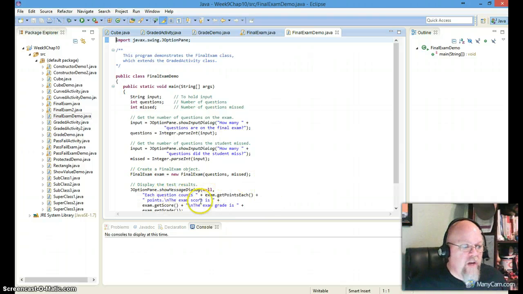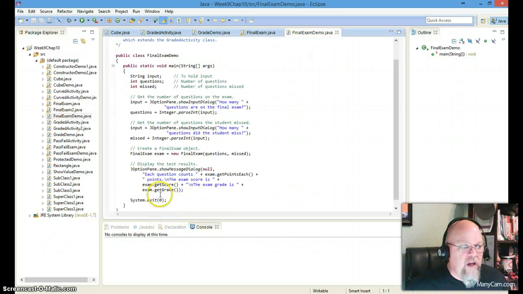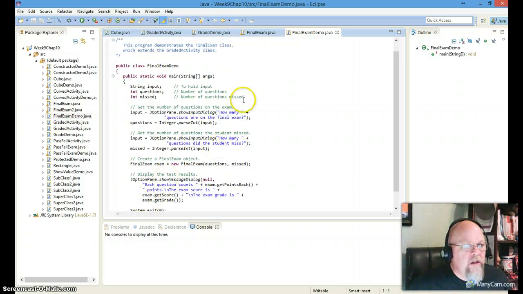And then I have a JOptionPane. Each question counts, gets number of points, exam.getScore, exam.getGrade. And again, the exam does not have a getScore or getGrade in it that we saw, because again, we inherited that from the GradeActivity. So if we go ahead and run this,